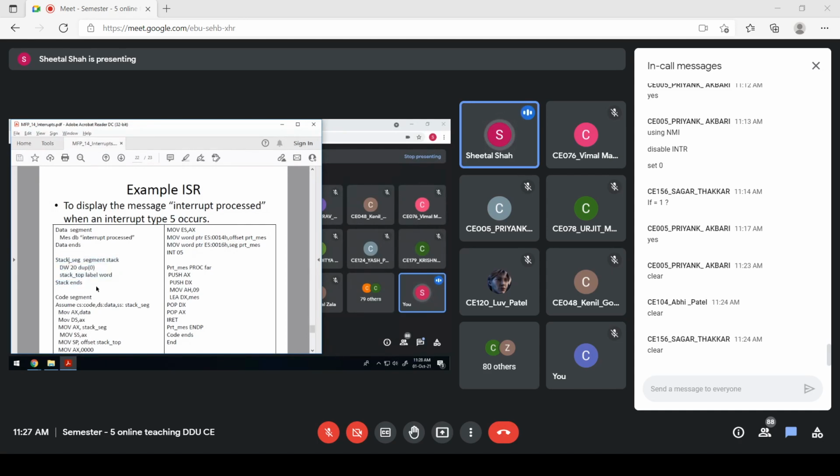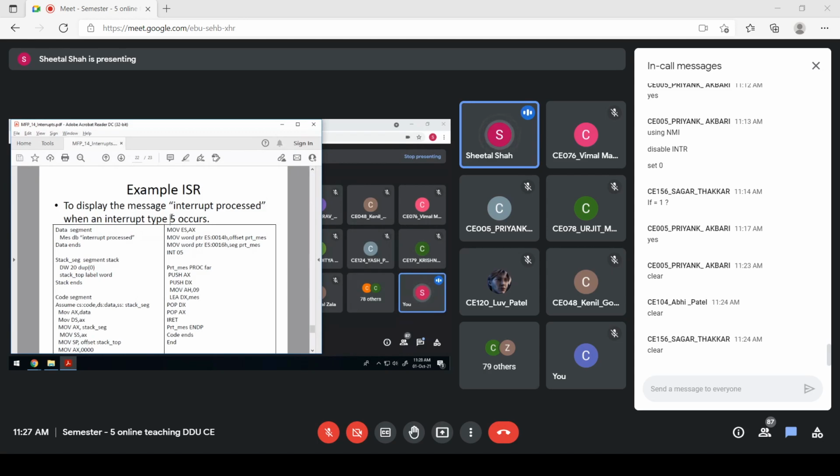If you don't initialize the stack, it may happen that it grows in the reverse order, and it may disturb some existing segments. Okay, so you can declare a stack segment here. Then these are the instructions which are used to initialize various segment registers as well as the stack pointer. Now in this case, what I am doing is MOV AX, 0, then moving the current value of AX to ES.